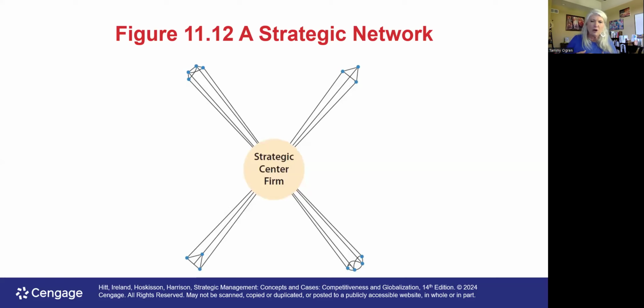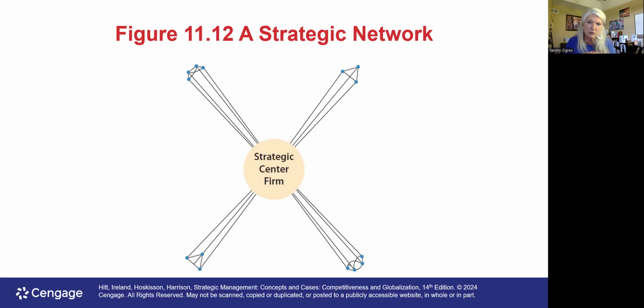So, a cooperative strategy and a network structure. A network strategy exists when partners form strategic alliances in order to improve the performance of the alliance network itself through cooperative endeavors. A strategic network is a group of firms that has been formed to create value by participating in multiple cooperative arrangements. A strategic network can be a source of competitive advantage for its members when the operations create value that's difficult for competitors to duplicate, and the network members cannot do that by themselves.